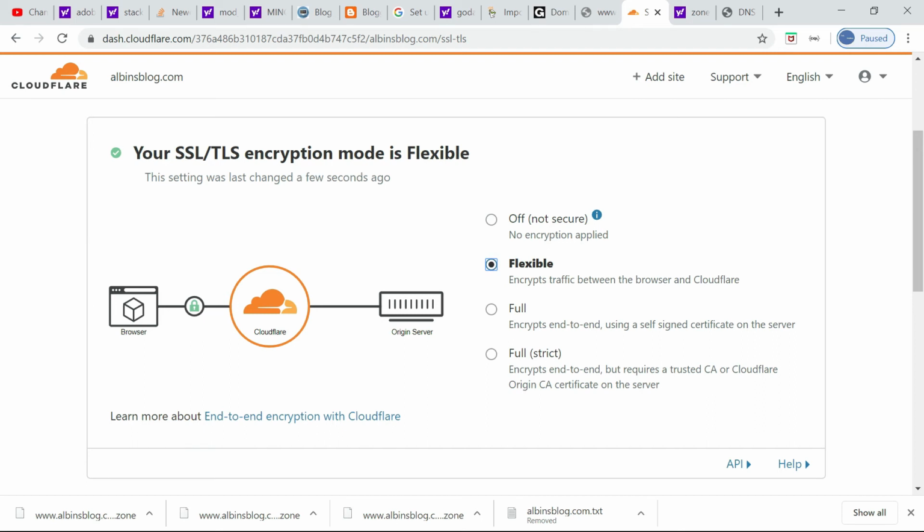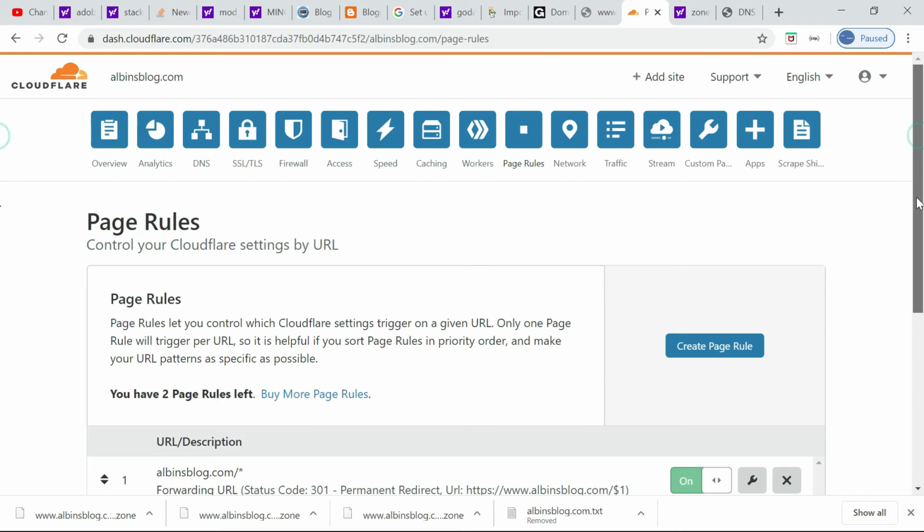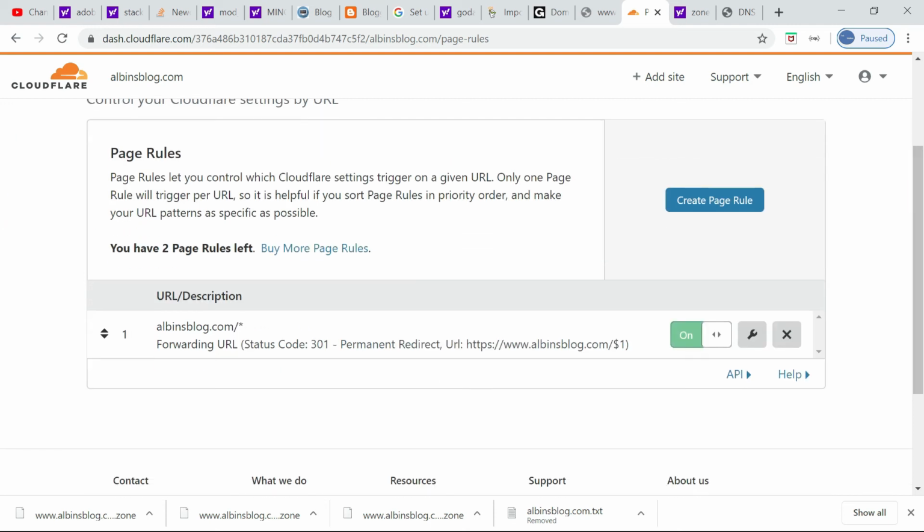Now one more change you need to do. Here you need to add a page rule. Because earlier the top domain redirect was handled by Blogger, now the request will not reach Blogger. So you need to redirect all this traffic to www.albinsblog.com with HTTPS, the subdomain. So yeah, you can also configure a caching rule or anything else required, because Cloudflare provides multiple other options. That's one benefit of introducing the proxy between the browser and the origin server.